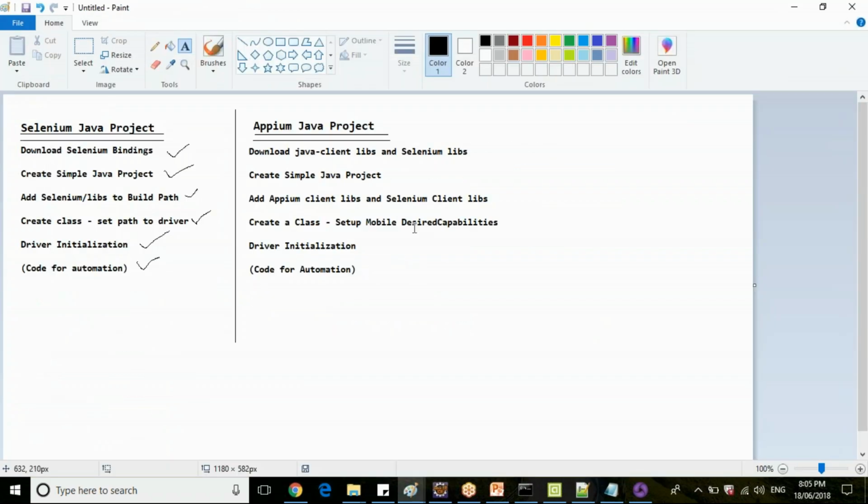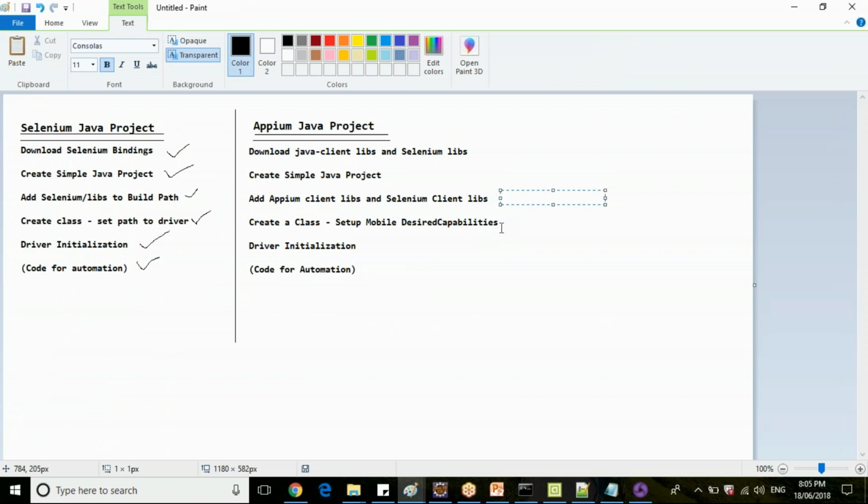Instead of WebDriver, we were using remote WebDriver here. So your driver initialization will be with remote WebDriver.